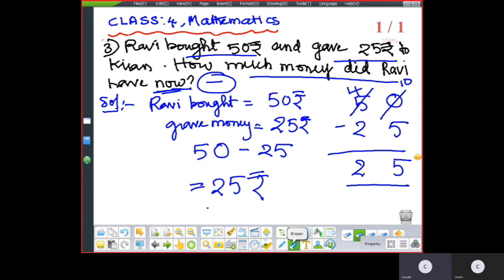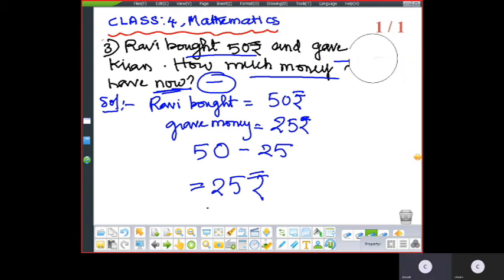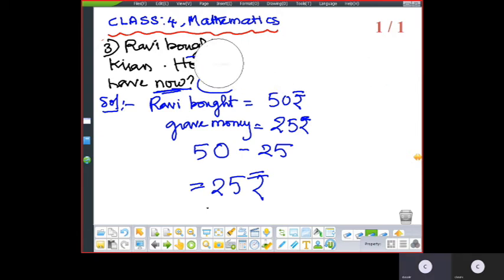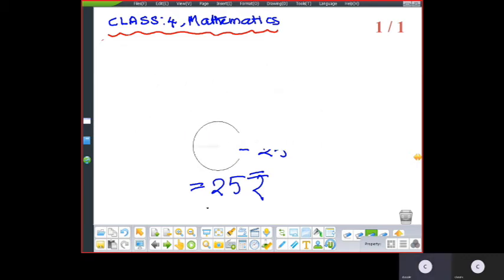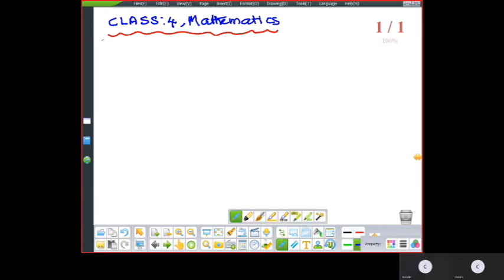So, I'll give you some more questions as homework, children. Those questions, you can practice, and you can write down the answers. And only the worksheet should be written in the separate book, children, not these homework questions, okay? Try to solve by yourself. Anyhow, I'll give you the PDF file with the answers. Check your answers, okay? So, next, the fourth question.